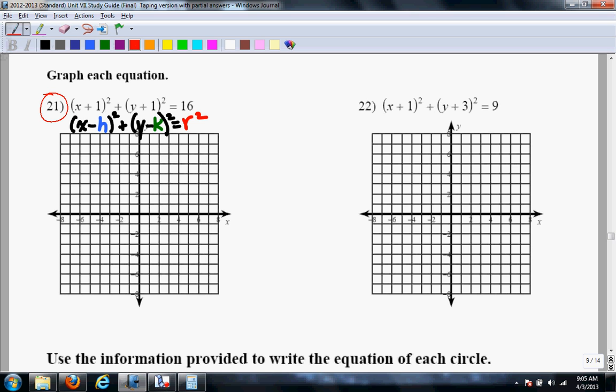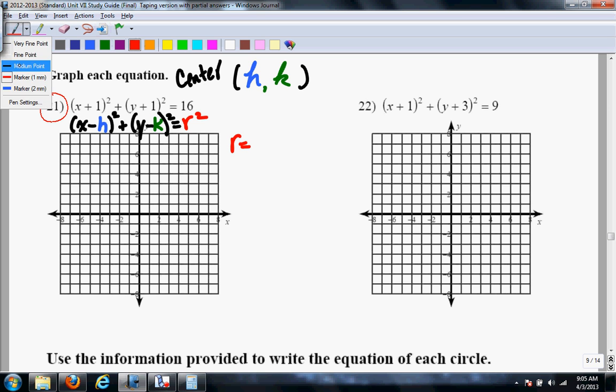Now, very carefully, we're going to try to find the h, the k, and the radius. Remember, the h and the k is the center of the circle. So here's our h, and there's k, and then the radius, of course, is just the radius. So take a very close look here. Our h,